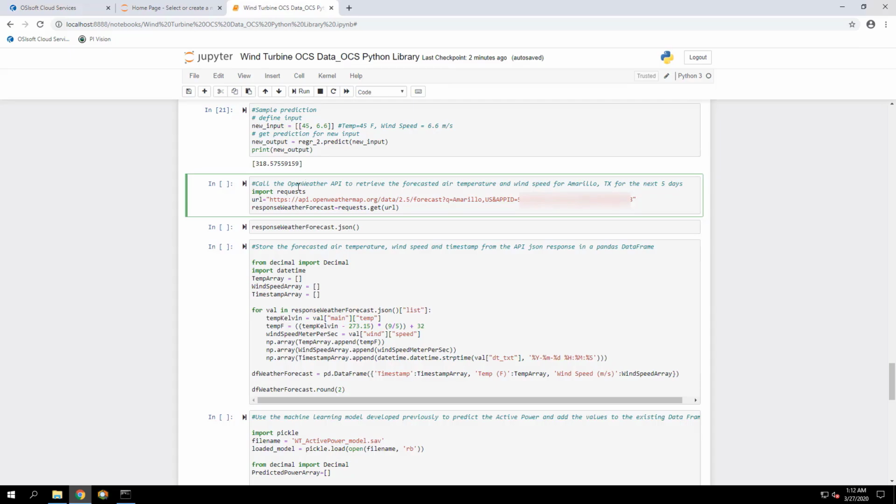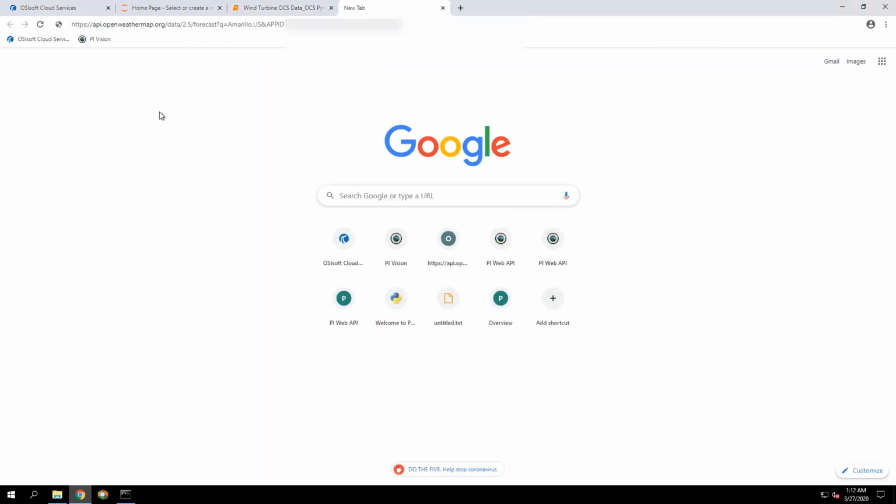So before we start with the code, I'm gonna take this URL and put it in a browser. Basically here we're doing a get method on the REST endpoint of the OpenWeather map. Again, for more details on OpenWeather map and the queries and URLs you can use, you can check Appendix D in the workbook.